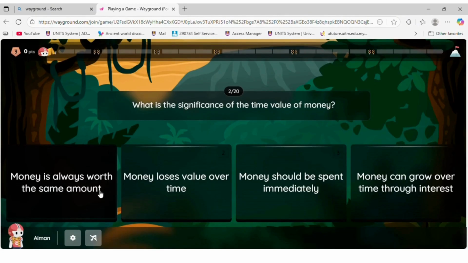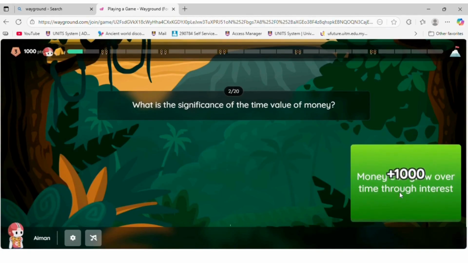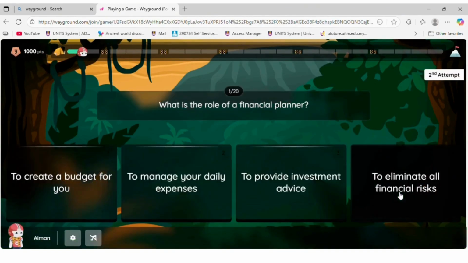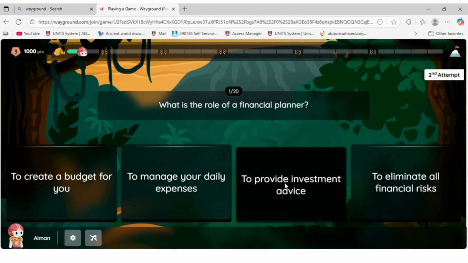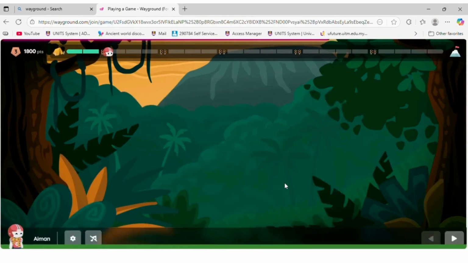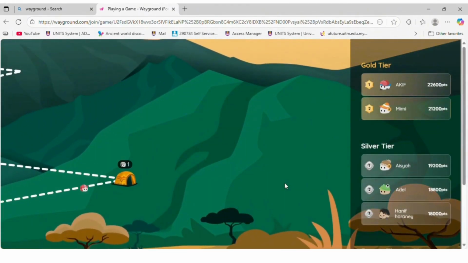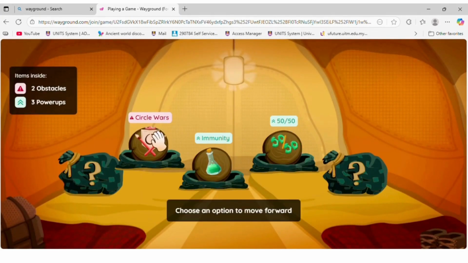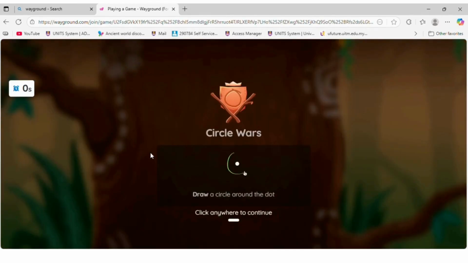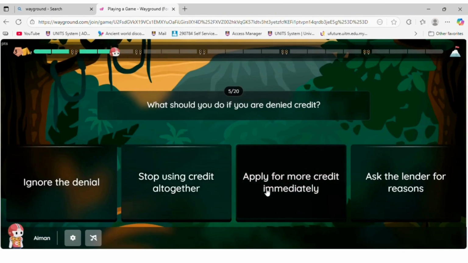Once the quiz has started, you begin completing missions by answering objective format questions. For each question, you are given 30 seconds. Your mission is to climb to the peak of Mount Kilimanjaro. A correct answer will take you to a higher checkpoint. Along the trail, there are obstacles in your path. You must eliminate them by selecting the special items provided. Continue answering the questions to reach the next level.